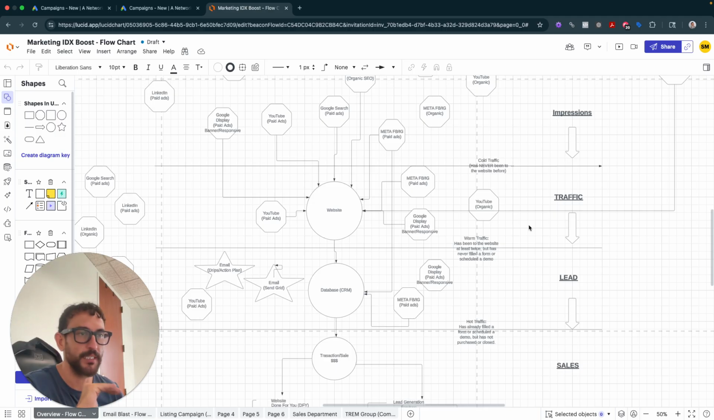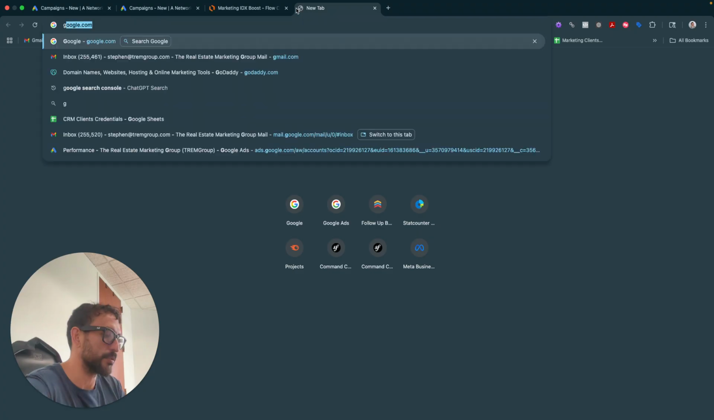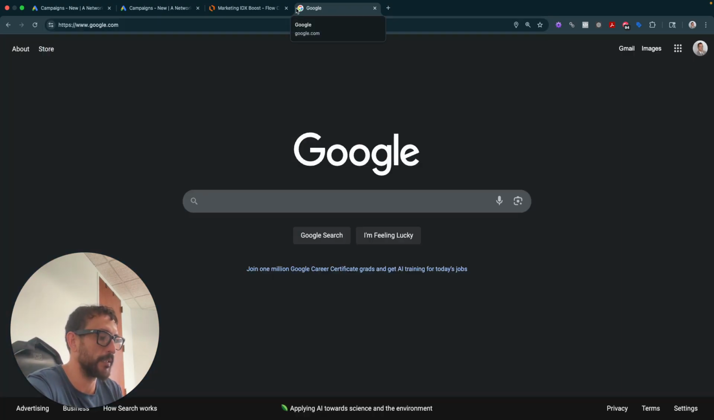I'm here to show you step by step how we create a Google search ad. So the topic of today is how we create a Google search ad for resales. So resales in real estate. So let's go to Google, and today's example is the zip code